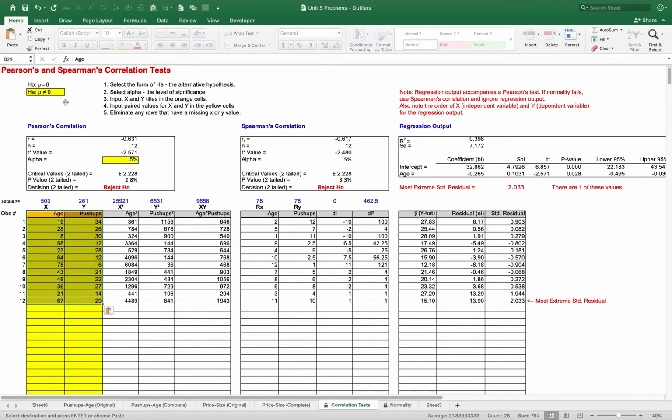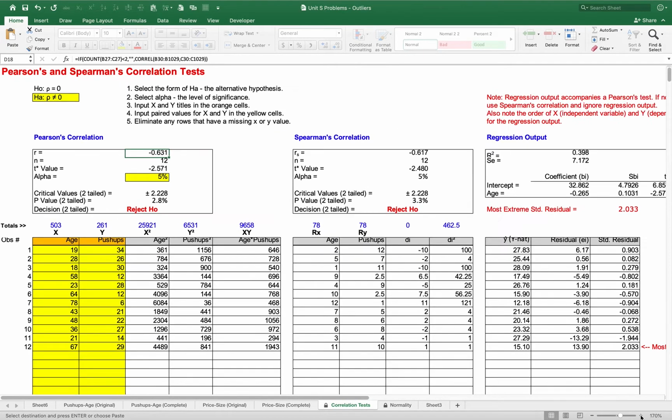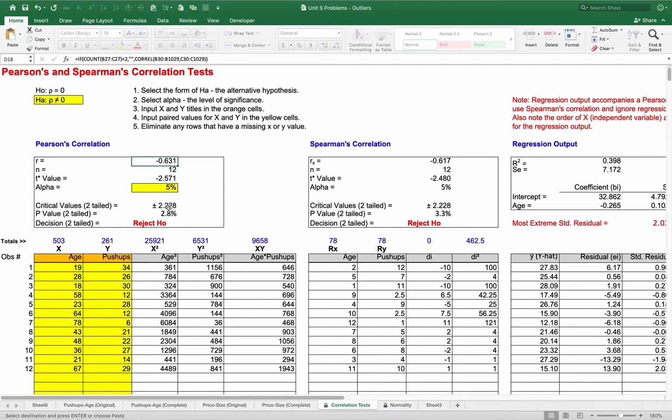Now, we've seen this before when we were dealing with correlation. So we have an R here of minus 0.631, a critical value, a computed T-star value, and you reject H0. We also took a look at the Pearson's correlation, and this is what the thing would look like. Okay, actually I don't think we did that one in Unit C, but you could do that by hand and check your work on that. But here's what we do here is we stick them into this particular page here,